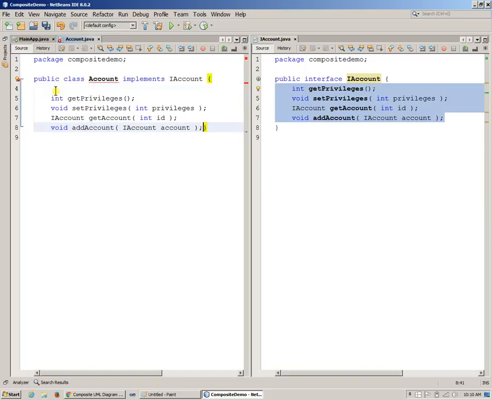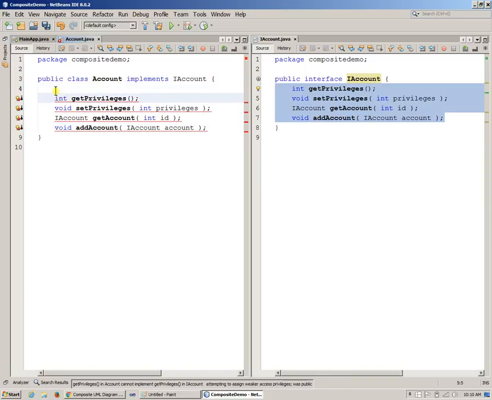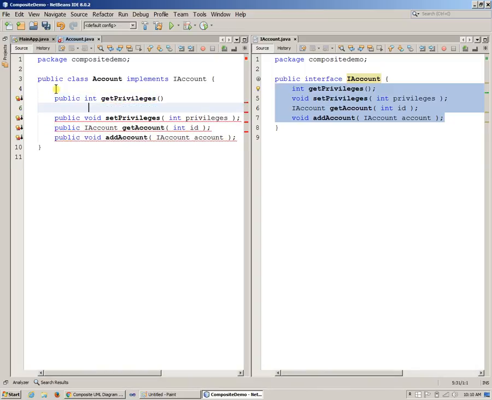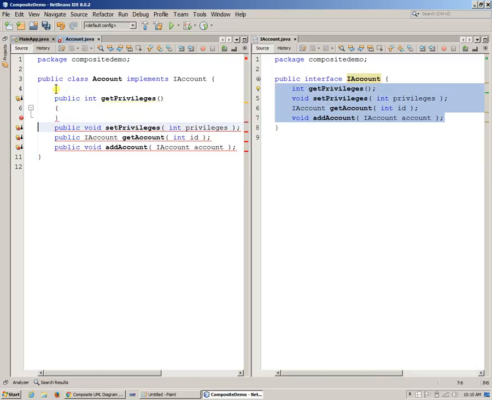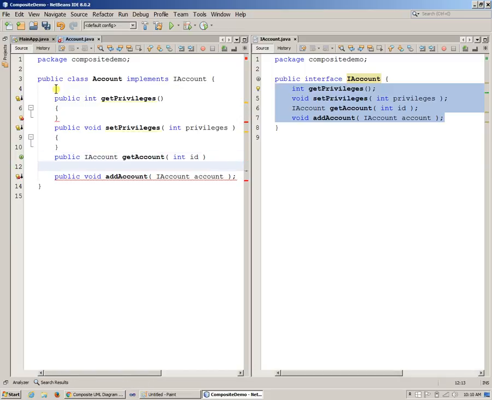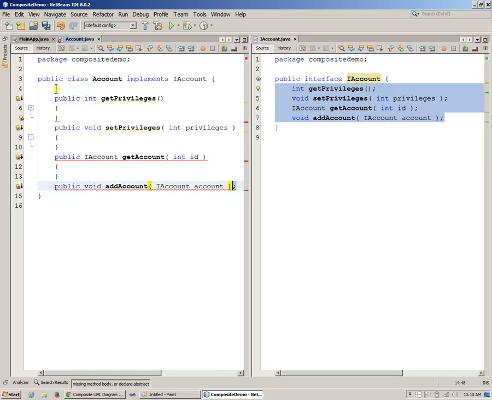We can just copy and paste and then say that those are public, right? We need to add public because they're no longer public by default. So we're going to do that. And of course, we're going to replace the actual methods, add the method bodies to every single method over here so that we're syntactically doing the right thing. Then for now, in terms of the getting, setting, and so forth, I think I'll start with the account constructor,